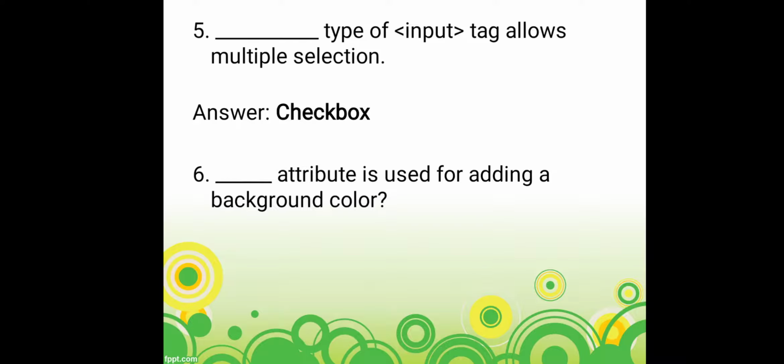Also I am seeing that many students have written bgcolor in angular brackets. Is it a tag to enclose in angular brackets? No, it is an attribute. An attribute is never enclosed in angular brackets. Those are for tags. So the correct answer has to be bgcolor, a single word, and color spelling is COLOR. If you write COLOUR, it will be marked as wrong.